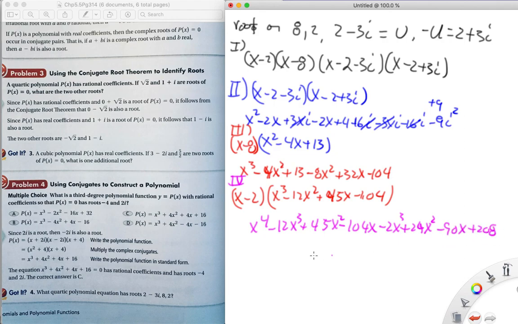And then combining all that together, I get x to the 4 minus 14x cubed